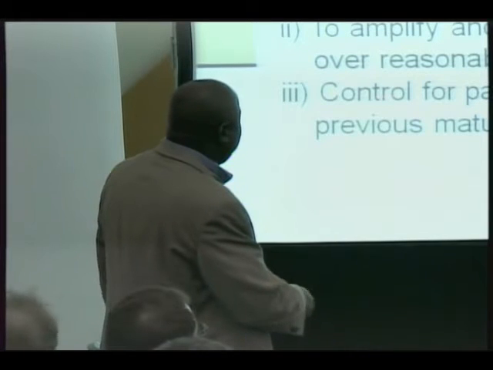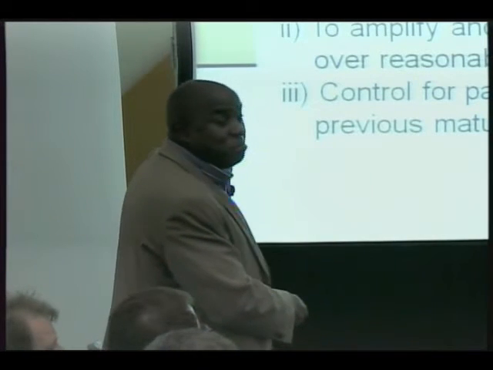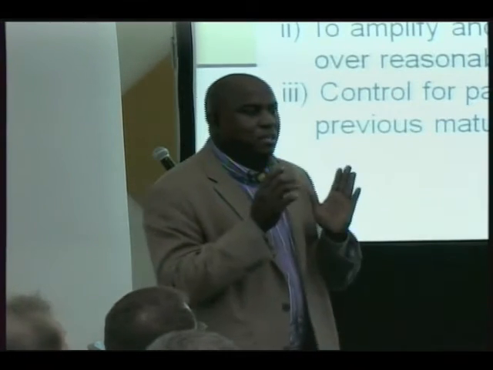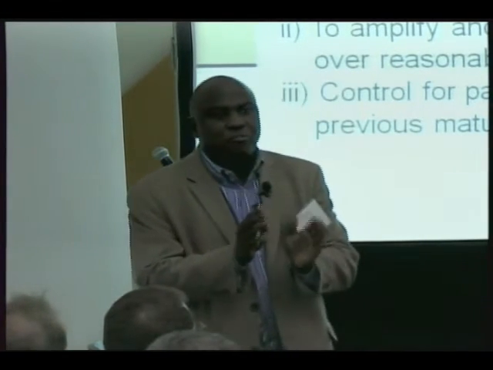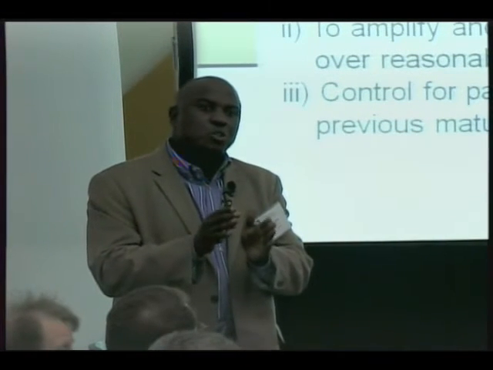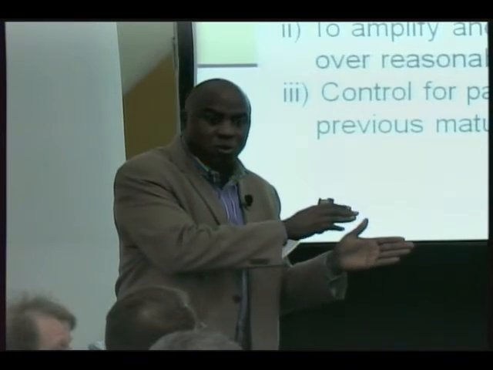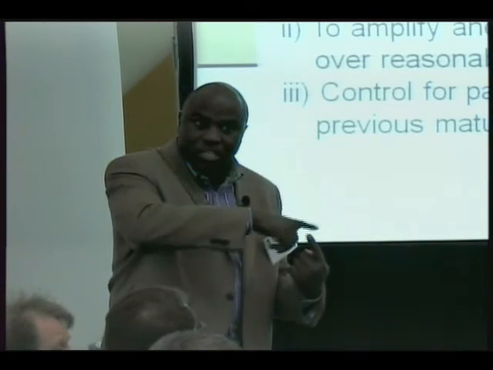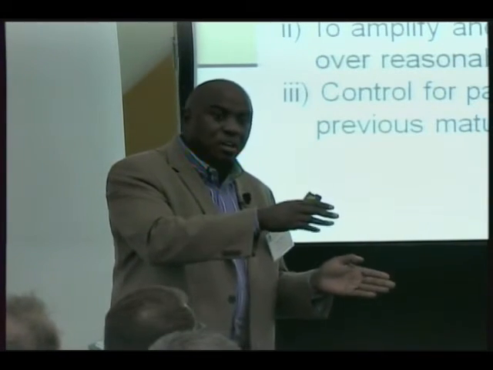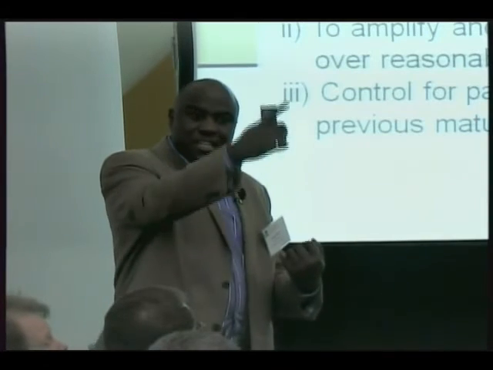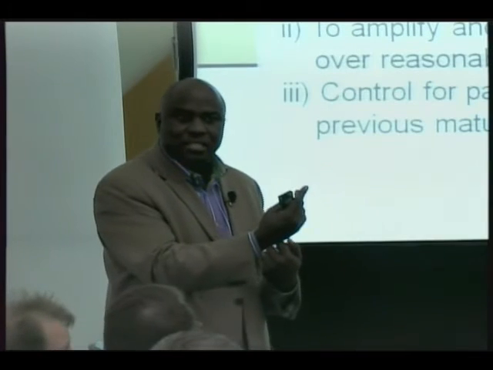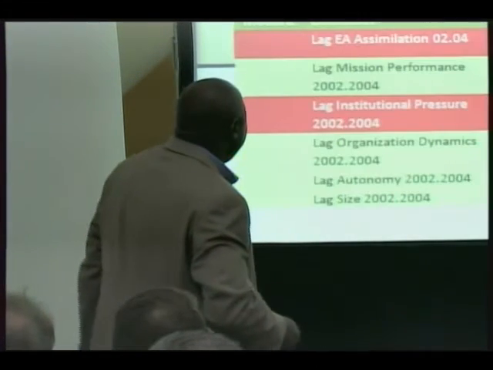And then most importantly, we wanted to control for past performance. So what that meant is that if we were looking at the performance of, say, 2005 to 2007, we were going to use the performance of 3 years before to see if there was any growth in there. And we also wanted to use the assimilation levels of 3 years before and regress it against the current performance to see if there was really any impact. That was the best way to do it. So we used time series. And this is what we found.